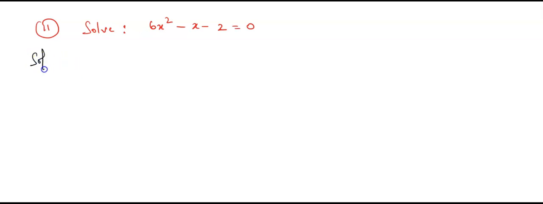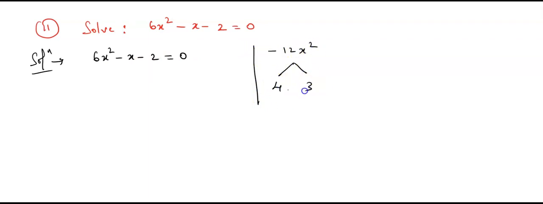Now let's begin with this concept. Solve, that is solution. 6x square minus x minus 2 is equal to 0. Now what we are supposed to do, we have to multiply first term and last term, plus into minus is minus, 6 2s are 12, x square. So which are the factors? 4 3s are 12, here x and here also variable is x, middle term sign is minus, so bigger number minus, minus into plus is minus. As you can see, 3 minus 4 is minus 1, plus into minus is minus, 3 4s are 12, x into x is x square. Now 6x square minus 4x plus 3x minus 2 is equal to 0.